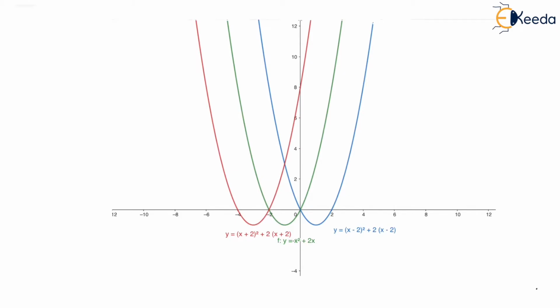Whereas the third one is where we have y equal to x minus 2 whole square plus 2 times of x minus 2, that is the graph has been shifted to right by 2 units as the function has become f of x minus d, and in this case d is equal to 2. So obviously, as we have considered, d is greater than 0 here. So the graph is either shifting towards left if it is plus d, or it is shifting to the right side if it is minus d.